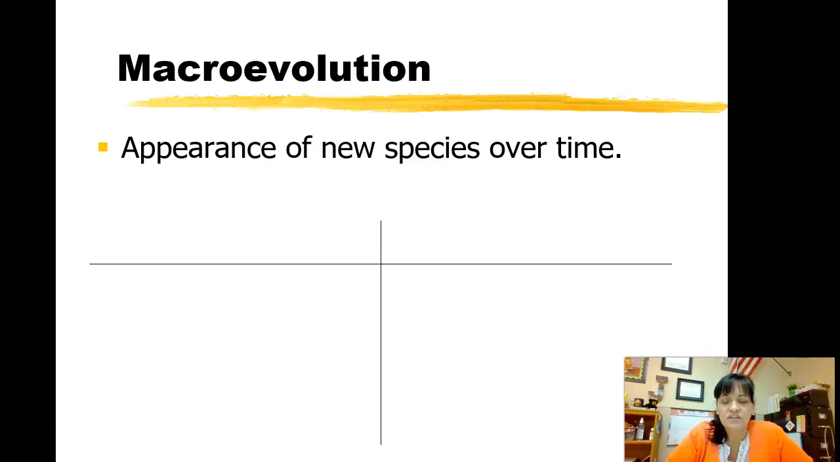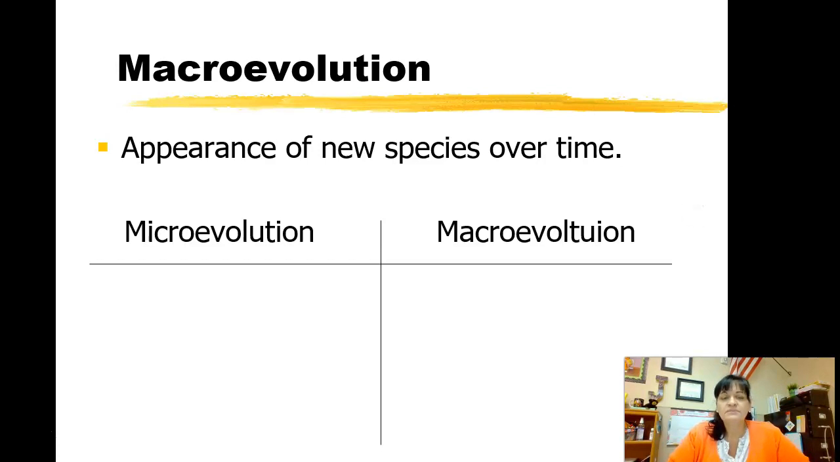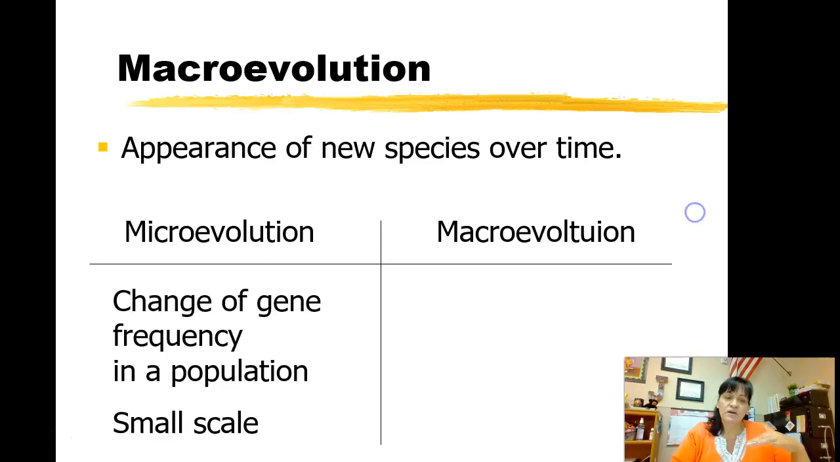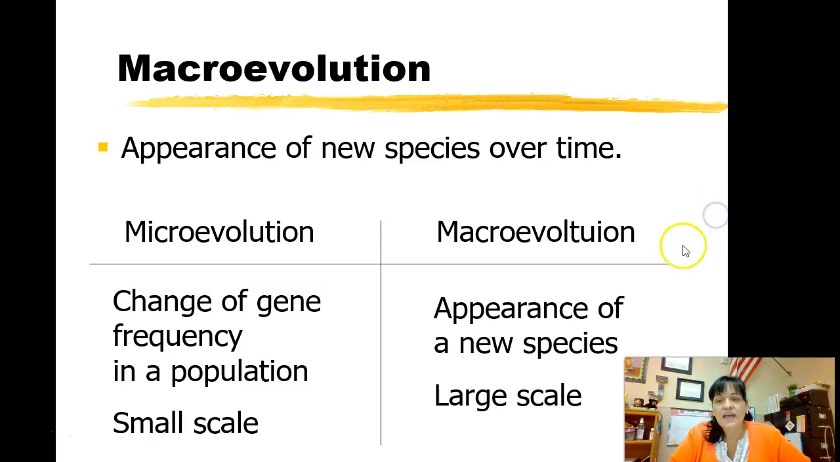And so the difference between microevolution and macroevolution: we get appearance of a new species over time in macroevolution. So to think about this, microevolution is on a very small scale, a gene frequency change within a population, within a small group. Okay, macroevolution then is